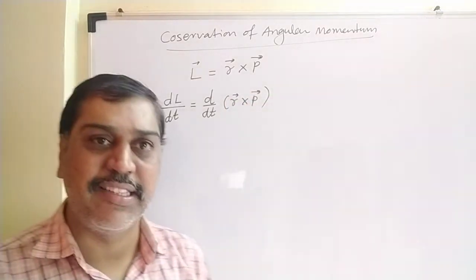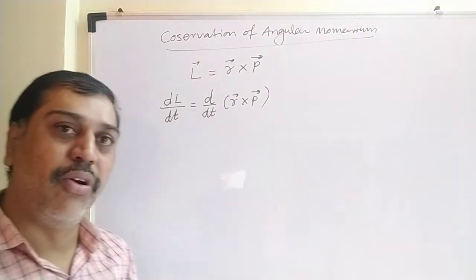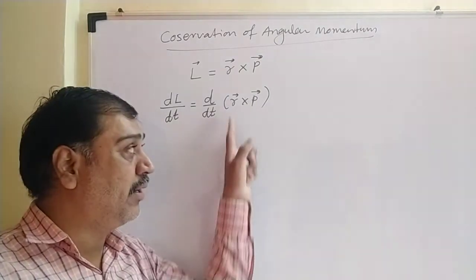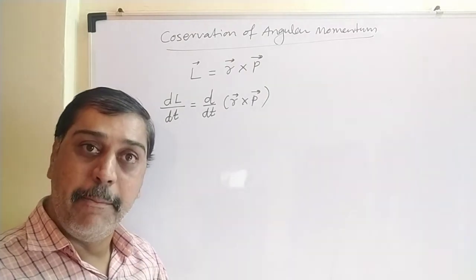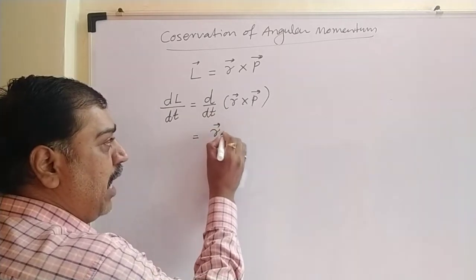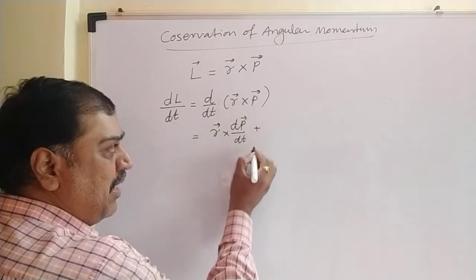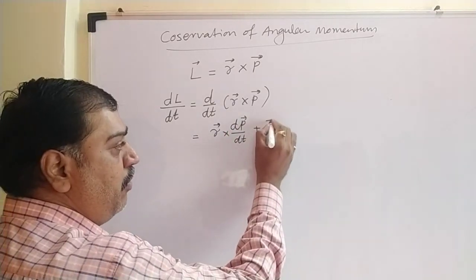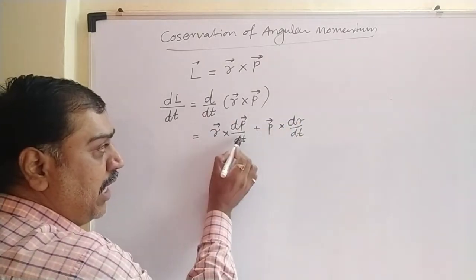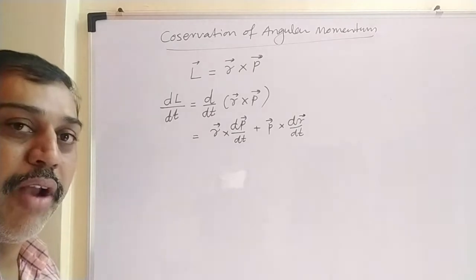Those students who have mathematics, might be all of you are well known about this. There is one product rule in mathematics. That product rule we have to use. Those who don't have mathematics, don't worry, just remember this point, because this is nothing but the product rule from mathematics that we are going to apply here. So what is the product rule? First function into derivative of second plus second function into derivative of first.